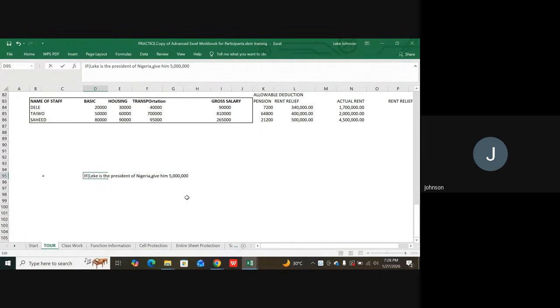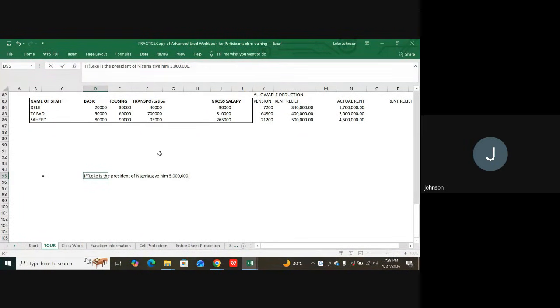Probably I'm trying to give salary to certain individuals, right? So I'm trying to use Excel to quickly populate the salary that each of those individuals should have. So IF is very handy. Once I finish setting the answer I want Excel to pick if my statement is correct, I'll put a